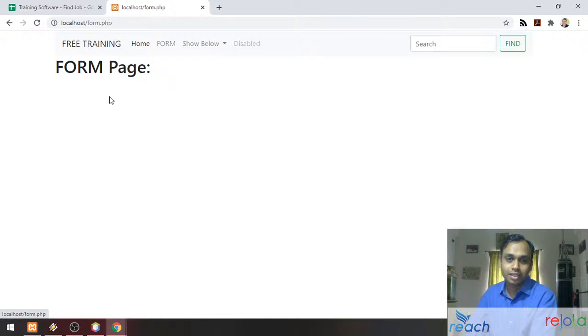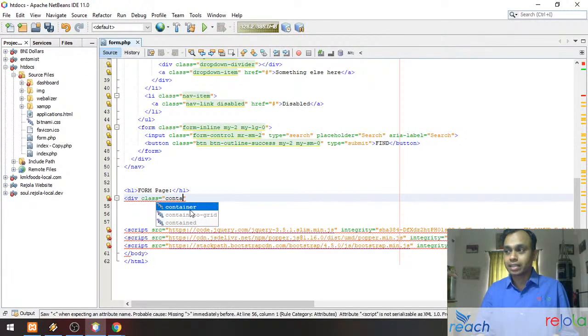So what I'll have to do is create the same structure that we discussed earlier. That is, I have to put a div which takes a class of container. We know that we need a class of container. Now you can see that it is automatically suggesting that particular name. It is bringing in container from Bootstrap, from this particular place. So you need a container,